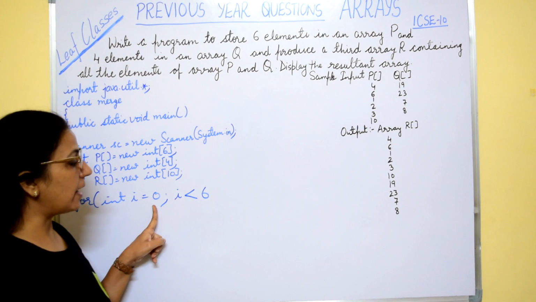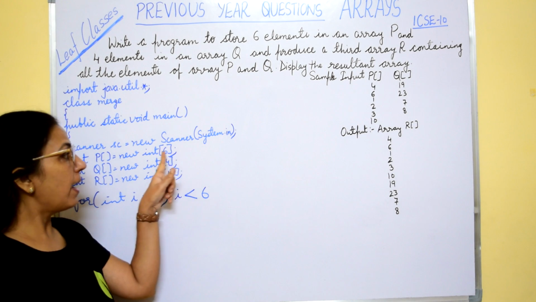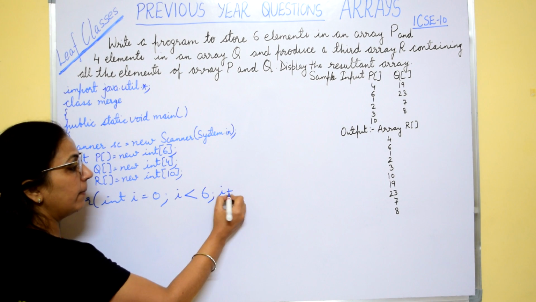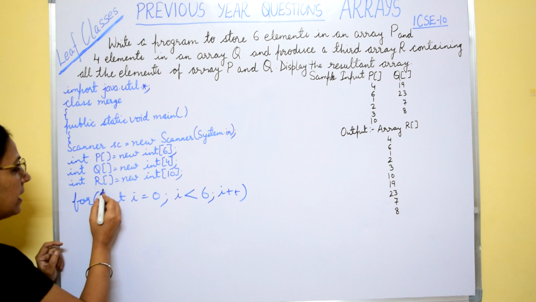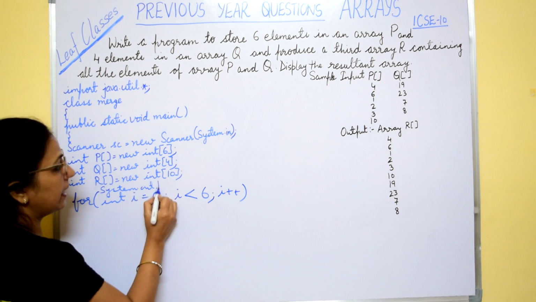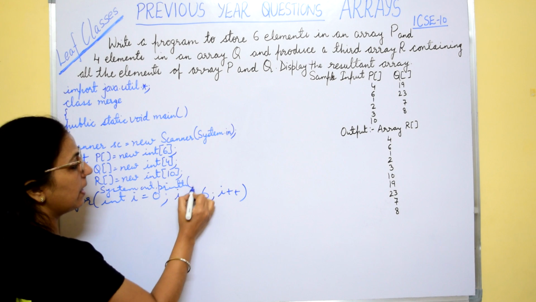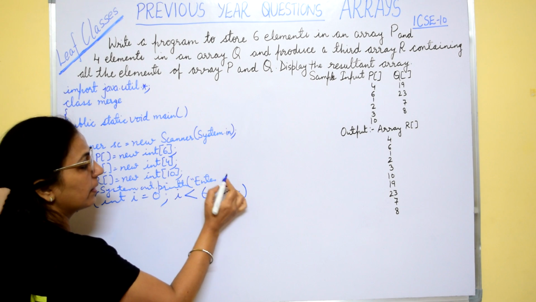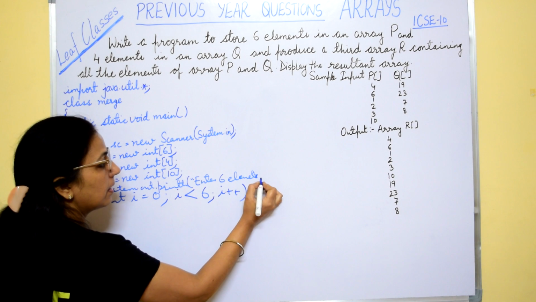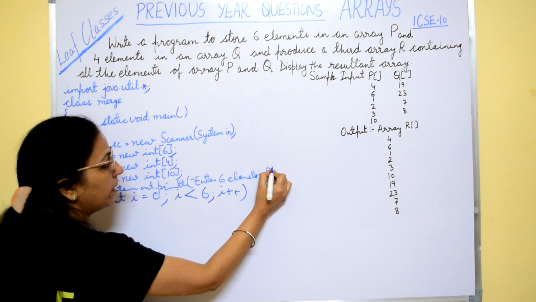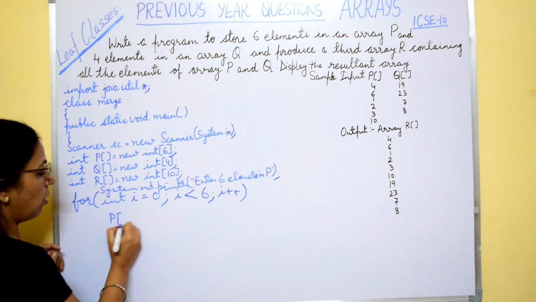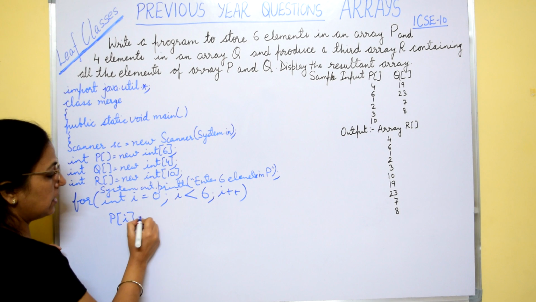So this loop will start from 0, it will go till 5, and like that only we will be entering the elements in array P. So the print statement you can give here also, System.out.println, and here you can say enter 6 elements in array P. Now here we will be doing P of I is equal to